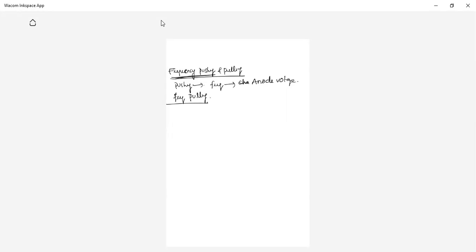We have to see that one. Always remember this: what is frequency pulling and frequency pushing is very, very important. Only two conditions vary the frequency: either load impedance or anode voltage. Actually, it also depends upon the magnetic field applied. Whenever you change the magnetic field, definitely everything will change. So be careful about the application of the anode voltage, load, and the magnetic field. So what is frequency pulling and what is frequency pushing?